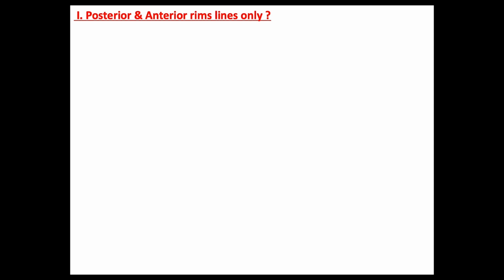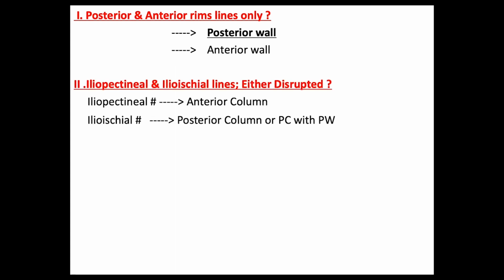Just to summarize this simplified algorithm again, we need to check for the presence of any disruption of the posterior or anterior rim lines only. So if there is disruption of the posterior rim only, this would represent a posterior wall fracture, and in case the disruption was in the anterior rim, this would represent anterior wall fracture. And if there is disruption of the iliopectineal line, this would represent anterior column fracture, and ilioischial line disruption might represent posterior column